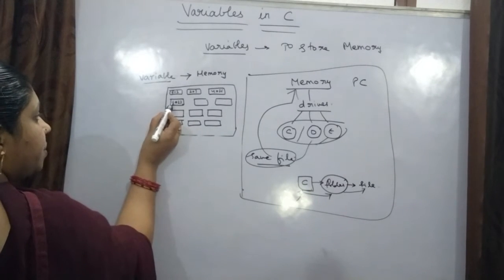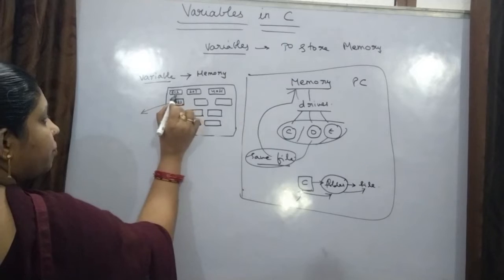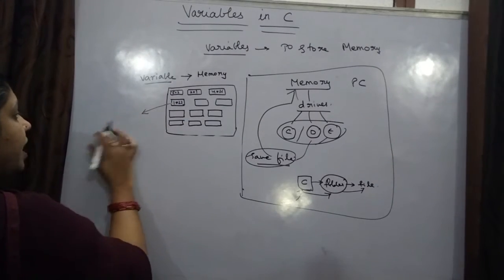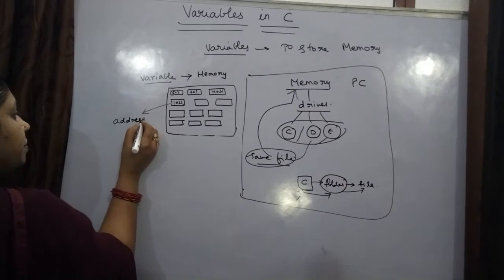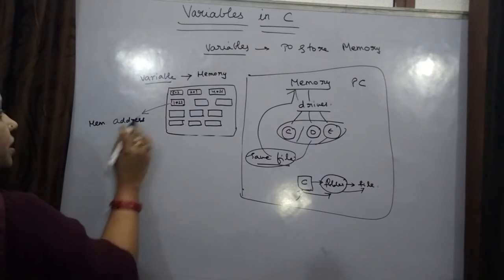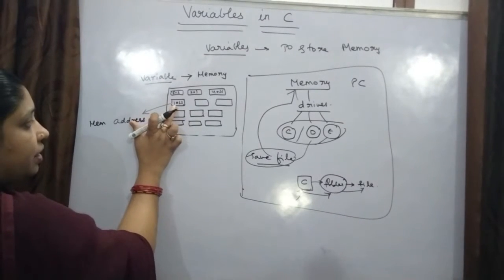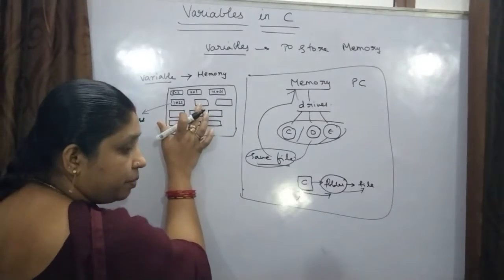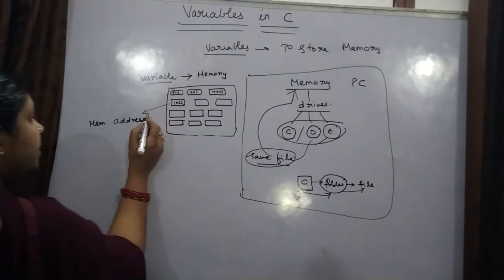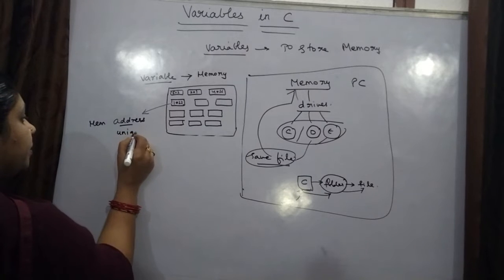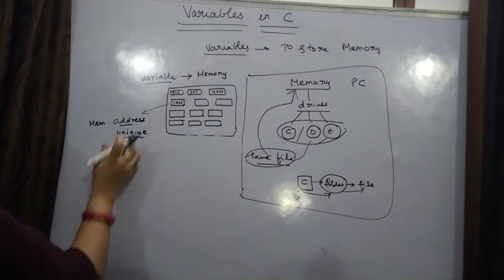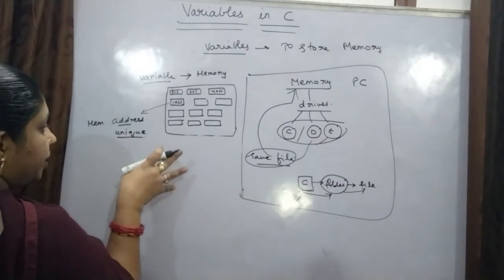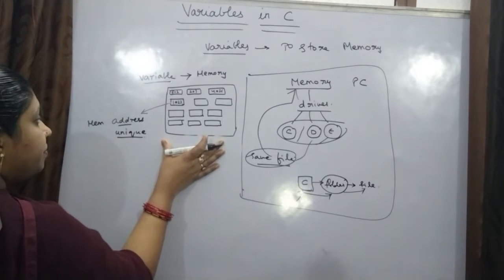Now this number which you are seeing here is an address, a memory address. That means this partition has this number only. This number will not be there for another partitioned memory. So this address will be unique. Now when you write the program and execute the program, this will be the memory for that program.